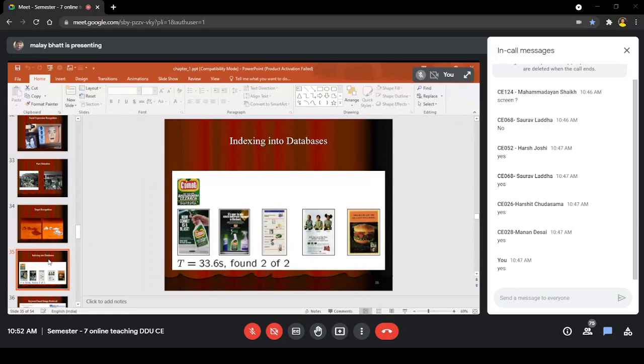So when this kind of picture is inserted, Google is also supporting it, where you can insert an image, upload an image, and it will try to find the matched images. So here you can see that in 33 seconds it will find out. So definitely it is not a result from Google, because Google will give a lot of results. This is just a demo software which was created by foreign university students many years back, just to show how indexing can be done into a database.